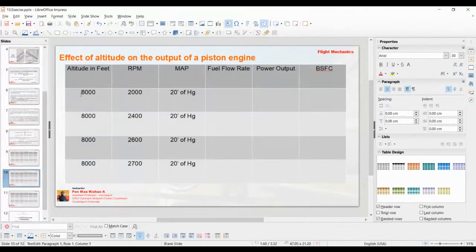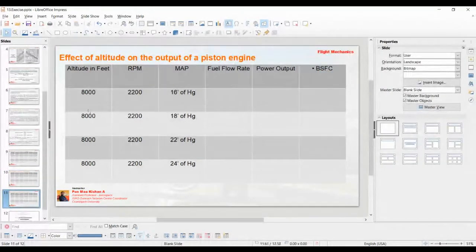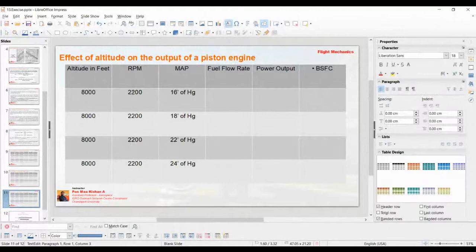Here I have made the altitude constant, so kindly note it there. In the third step, I kept altitude and RPM the same, and changed the manifold air pressure, the intake air pressure. Intake air pressure is about how you are going to design the inlet of the engine and how it is going to respond. From 16 inches, 18 inches, 22 inches and 24 inches,